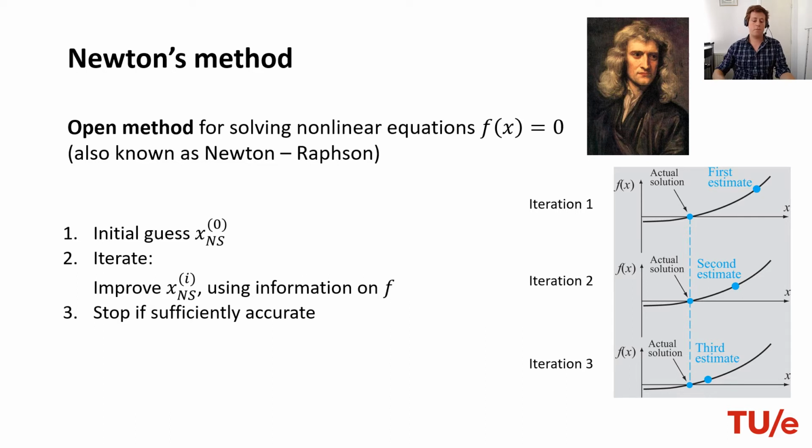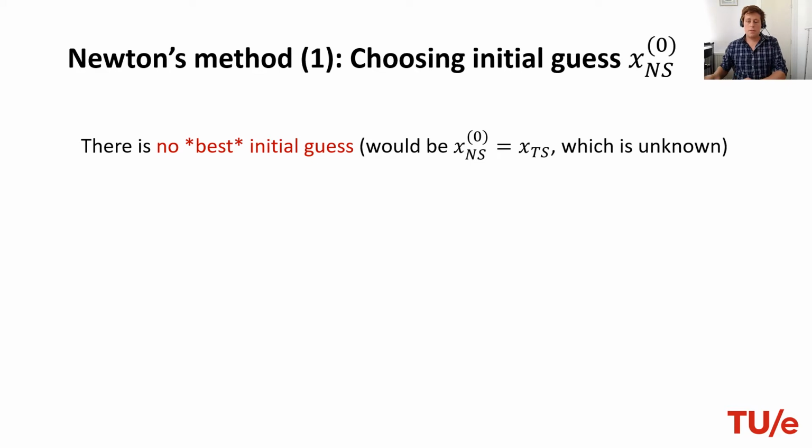So we start from an initial guess x0, and then we try to iterate using information on f in order to improve the accuracy and get closer and closer to the true solution. Finally, we stop when we have achieved the desired accuracy. So the first thing you have to do when working with Newton's method is to choose an initial guess, x0, that you use to kickstart the method and which you will improve the accuracy of as you go through the